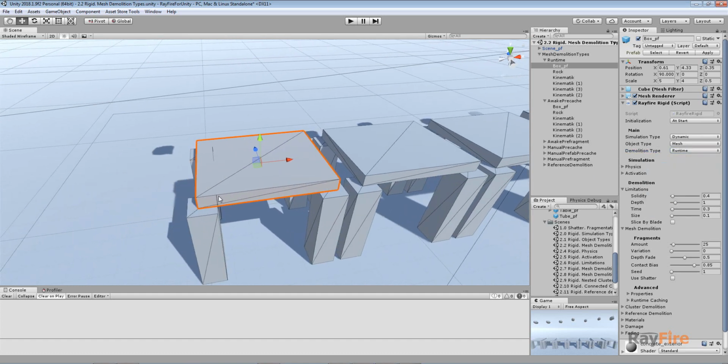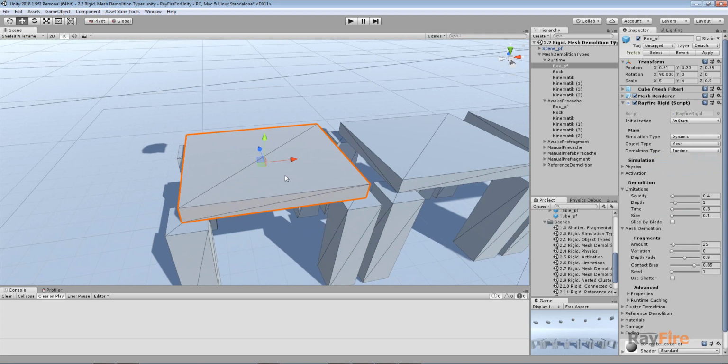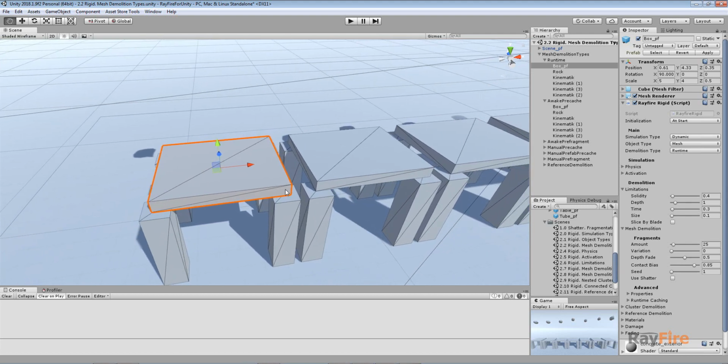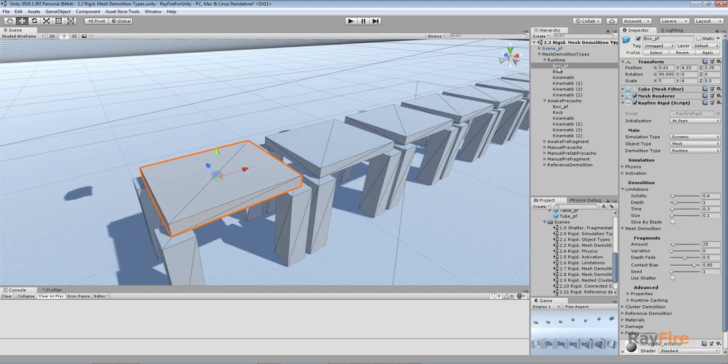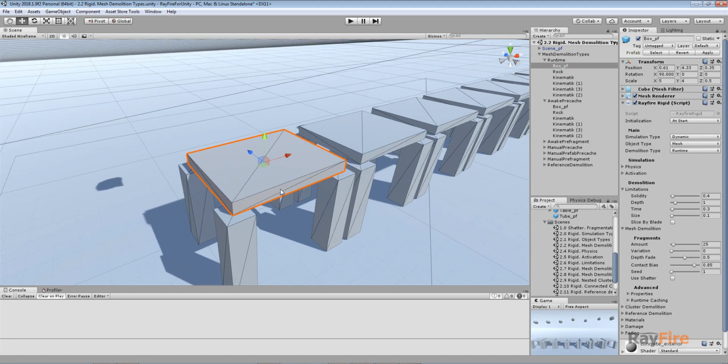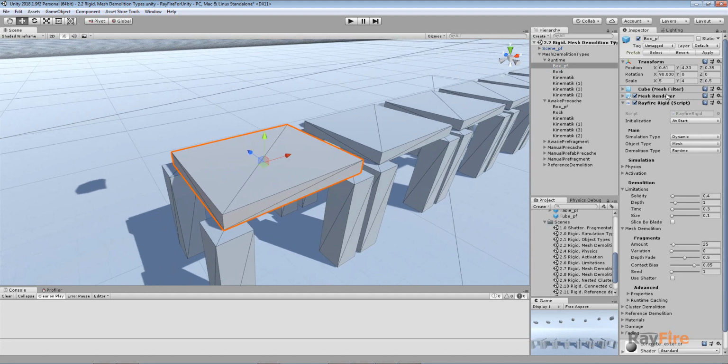The first one is runtime, and it means that the object will be demolished in runtime when it collides with something, or you shoot it using a gun or explode it using a bomb. So you don't need to prepare any kind of assets or meshes or fragments or objects. All you need is the object you want to break, just a mesh filter with a mesh renderer